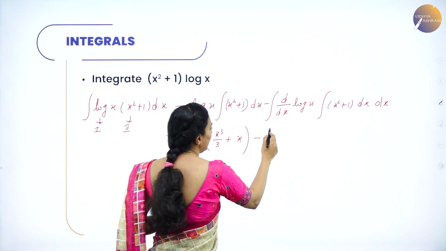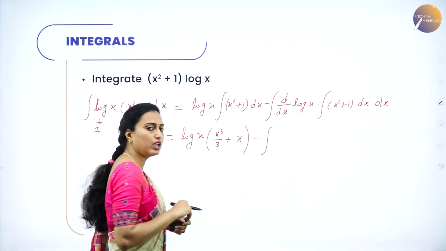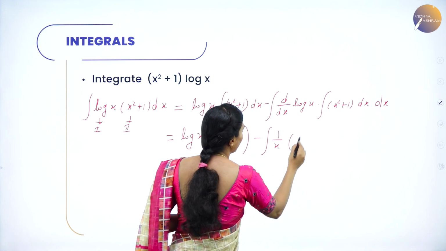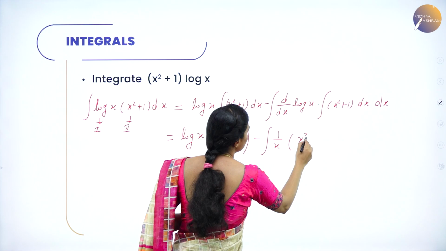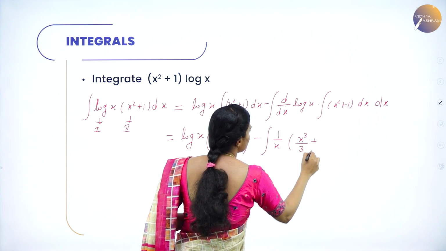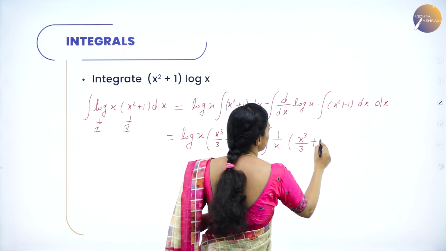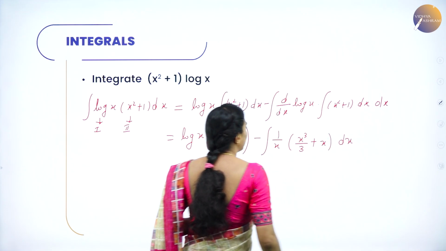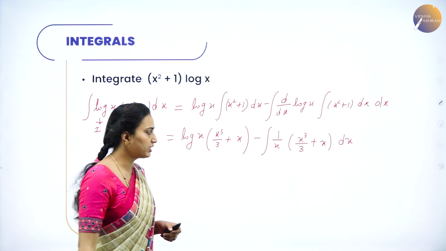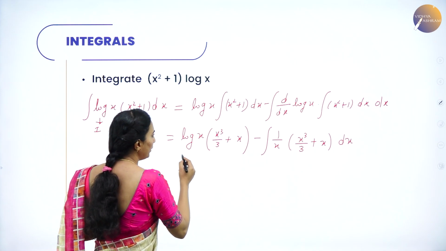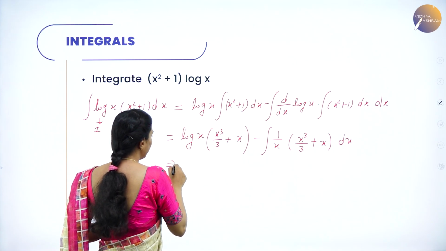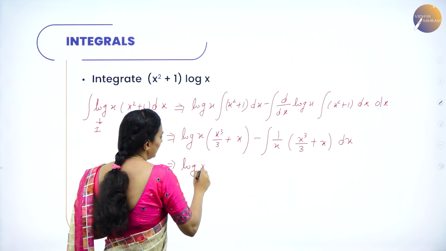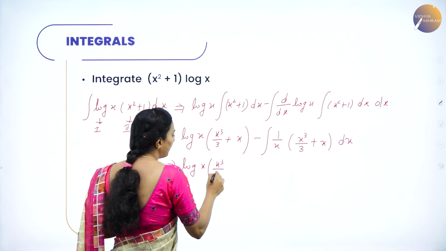Now minus integral of what is d by dx of log x, which is nothing but 1 over x. So 1 over x into, open the bracket because again you have to integrate, which is x cube divided by 3 plus 1 into dx, integral is nothing but x into dx. Now you can multiply 1 by x inside. So if you multiply, you are going to get, which implies, log x into x cube by 3